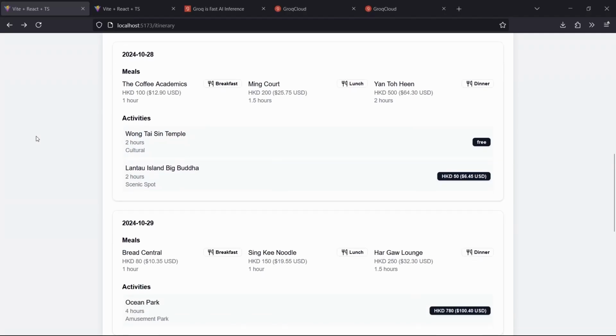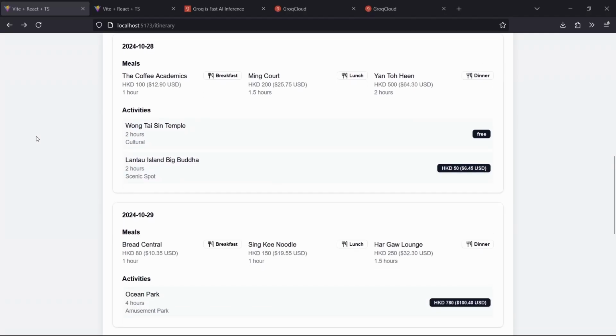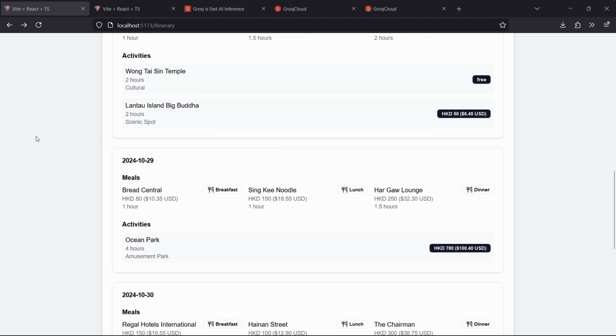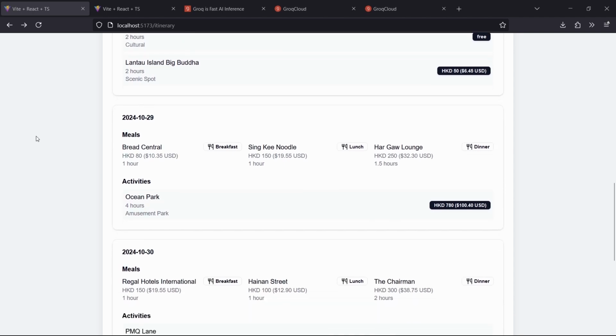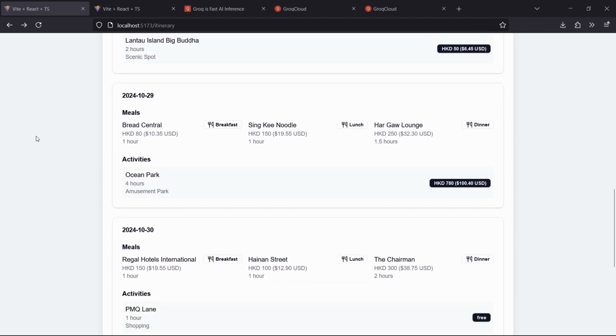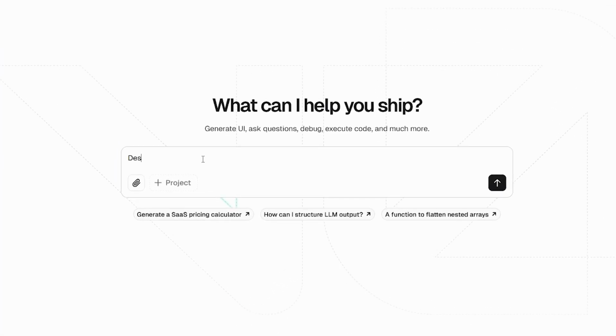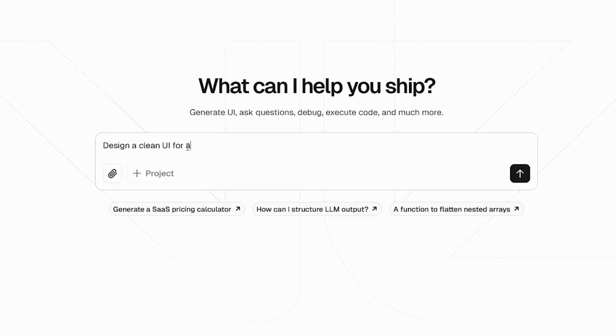We're going to design this travel itinerary website where users can give all the information about their trip and be given this great detailed plan. So firstly, I'm going to head over to v0 and ask it to design a clean UI for a travel itinerary